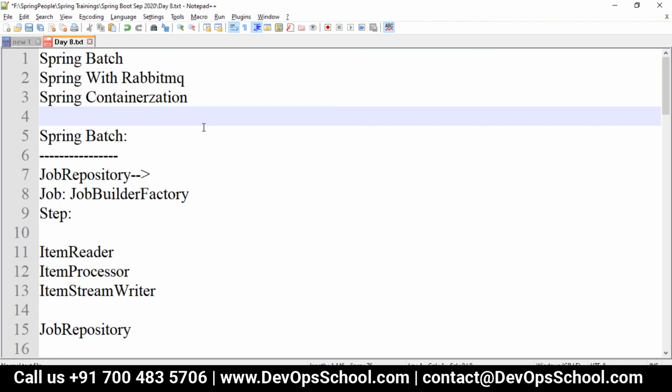In the same way, RabbitMQ is a message broker. We can configure RabbitMQ with Spring. We will have queues and topics, so you can send your data or object to a queue or to a topic, depending on your requirement. We can configure it in Spring Boot with RabbitMQ.